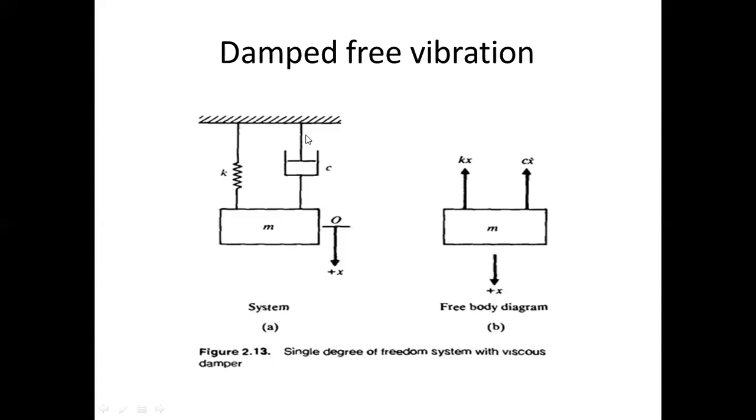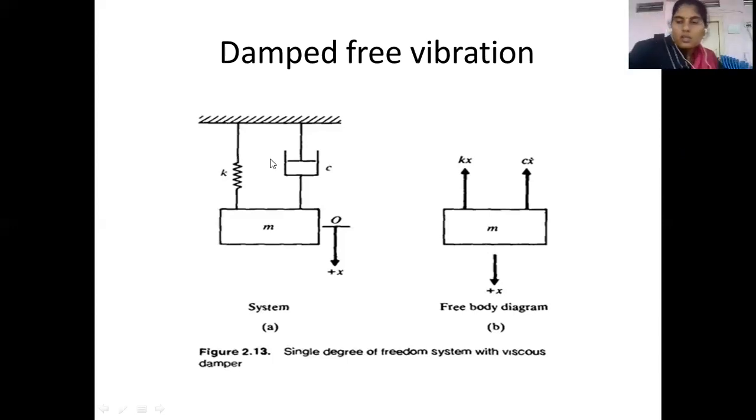Okay. So in this system, you understand first what is the difference between this first equation, that is the undamped free vibration, and now in the second derivation, that is the damped free vibration. One is the undamped free vibration that we have seen. In that undamped system, that damper coefficient, that C terminology, became zero. So in equation number one, the damper was zero. That's why that C terminology, the Cx dot, the damping force, became zero.